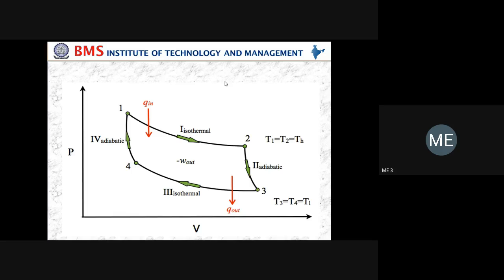Okay, so this Carnot cycle consists of four processes. One is process 1 to 2, that is isothermal expansion process, in which the heat addition takes place. Okay, so in case of Carnot cycle, always the heat addition, you see the arrow marked Q in, the heat addition takes place at constant temperature. Okay, during which the heat is supplied reversibly and isothermally until it reaches state 2, where the temperature of the system remains constant, that is T1 equals T2. Okay, this is the isothermal expansion, where the heat transfer takes place at constant temperature.